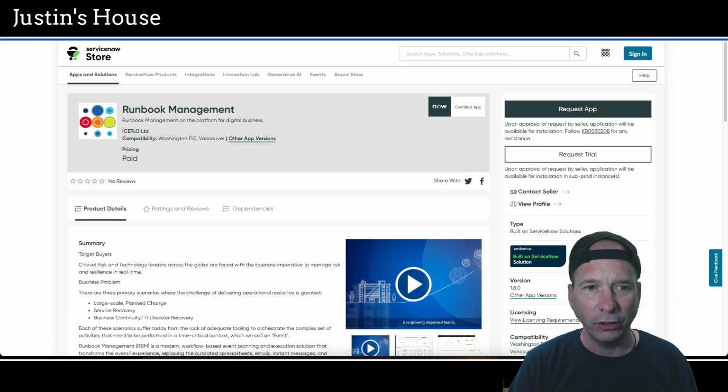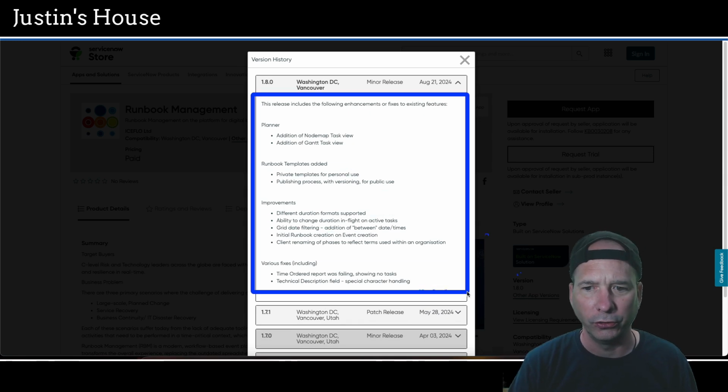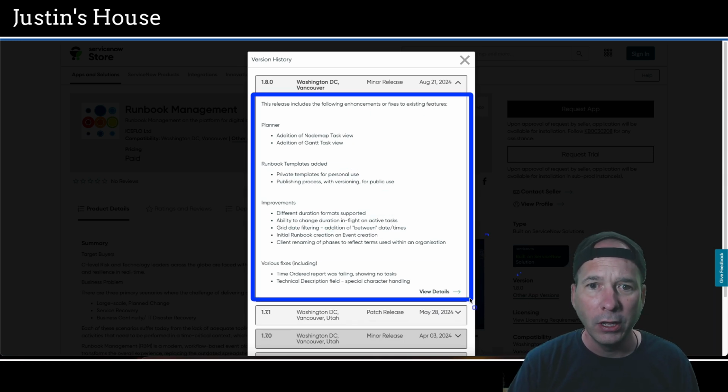Next highlight is going to be Runbook Management, updated version 1.8.0. In this version, it includes the following enhancements or fixes to existing features. On the planner, addition of a node map task view and addition of a Gantt task view. Runbook templates added, private templates for personal use, publishing process with versioning for public use, improvements, different duration format supported,